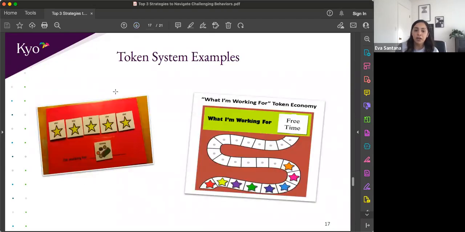These are some examples of our token system. They can be super simple, or you can make them as elaborate as you want them to be. One thing that I like to really consider is the child's preferred activity. So if I have a client or student that enjoys, let's say, Paw Patrol, I might incorporate Paw Patrol into that token board, because maybe stars don't have any kind of positive association, but they see Paw Patrol and they're like, oh, I get 5 little puppies on there, then I get a prize in the prize box. If you're working with older students, maybe sticking to stars or maybe just marbles in a jar, you can make it as simple as you want it to be.